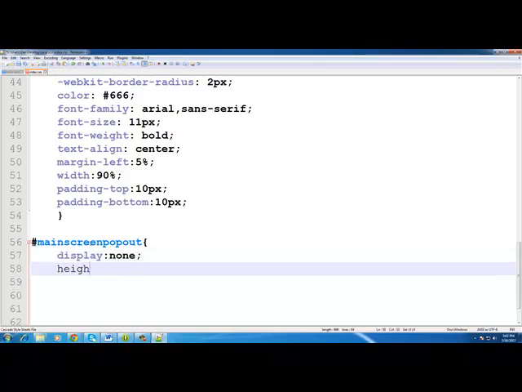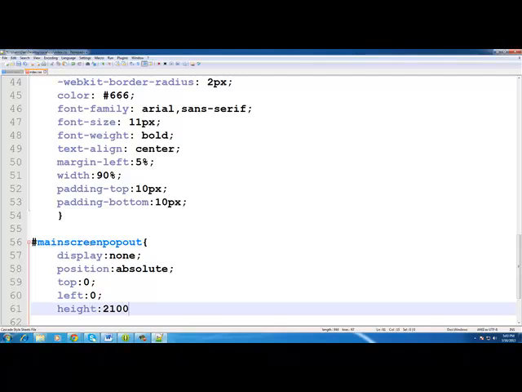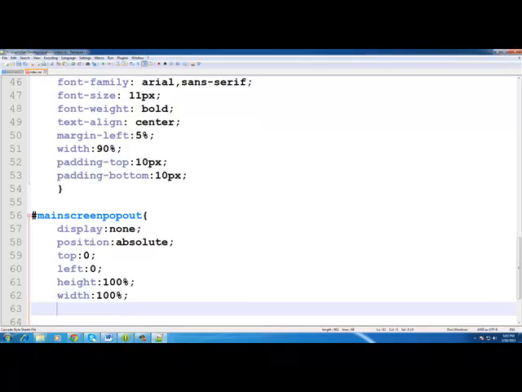Height, actually before anything else, let's define position absolute, top 0, left 0, height 100%, width 100%, z-index. Again z-index, we'll put this div on top of everything else because it has the highest z-index there is,